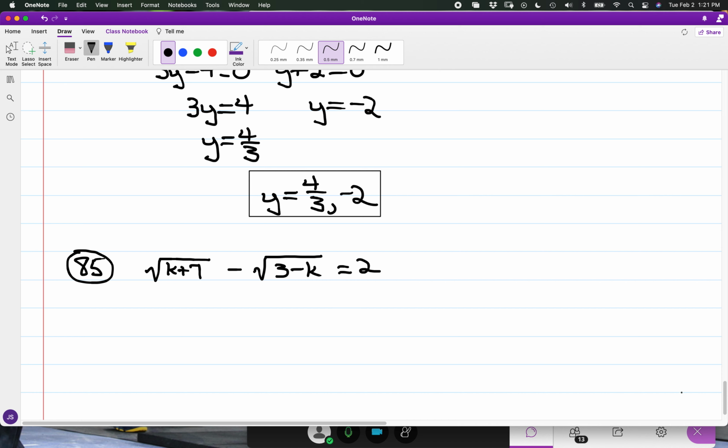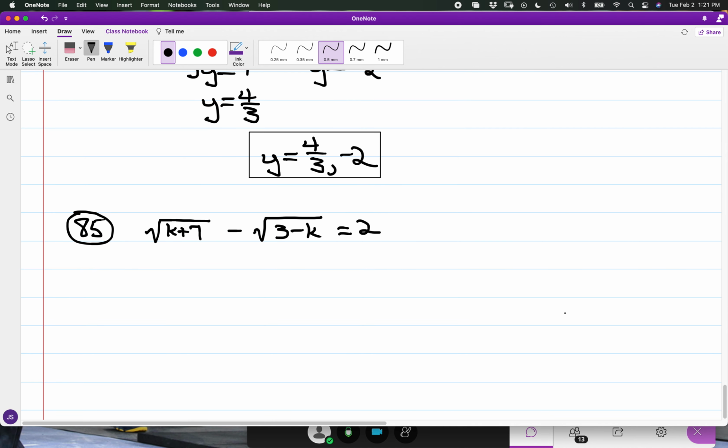Here we have two terms in the same kind of radical. What I can do is isolate either one of these two. If I start out by adding the square root of 3 minus k to both sides,